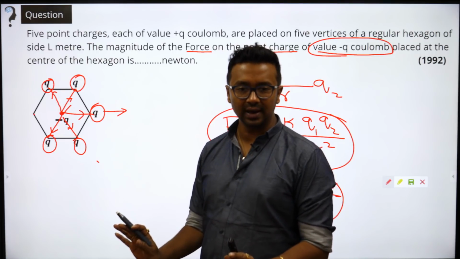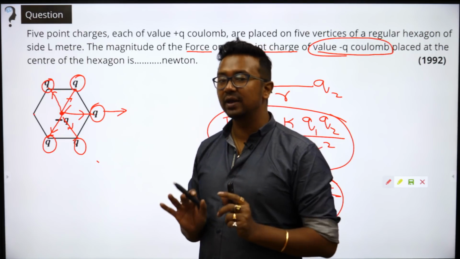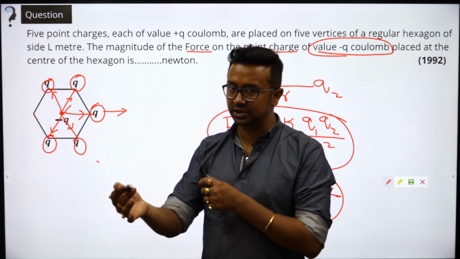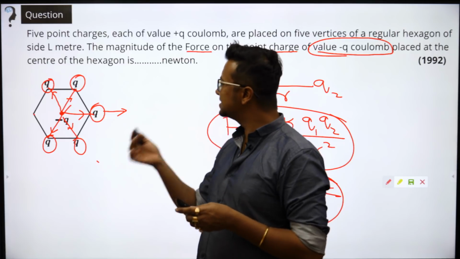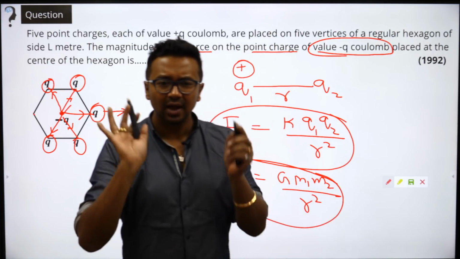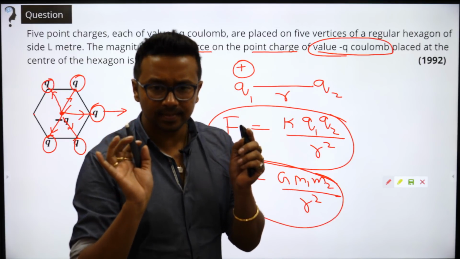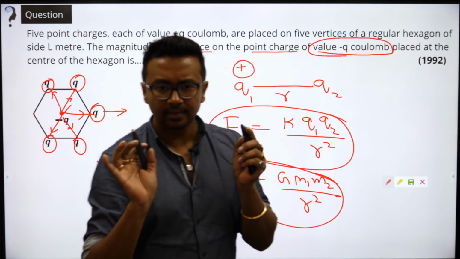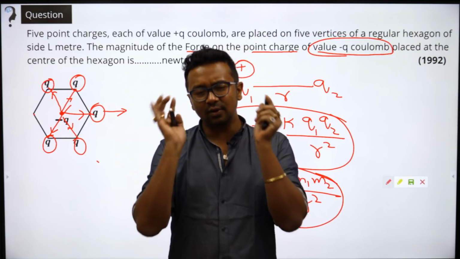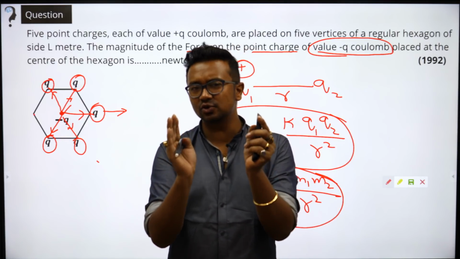Ultimately there is going to be one force in this particular direction. That's all. Now, another way of looking at it is also there, which is going to be used in the next question. But let us just discuss it in the next question only. Chalo, this is very simple. Repulsive forces between Q. Yeah, it's very simple actually. देखो, एक simple सा thought process से ये question set किया गया है.